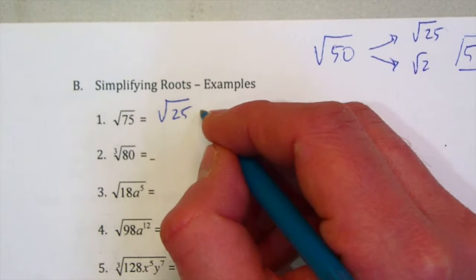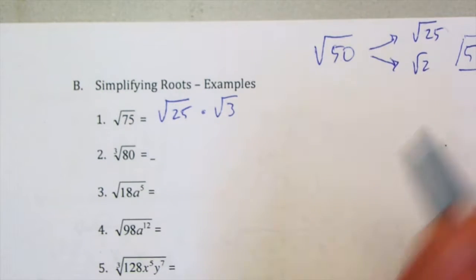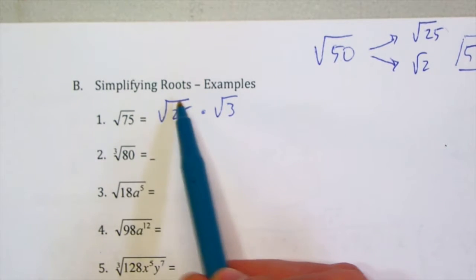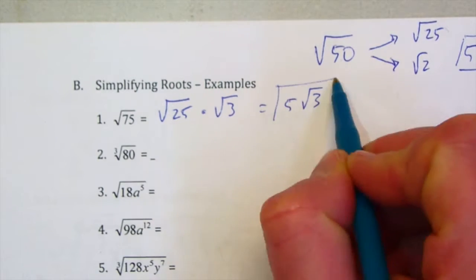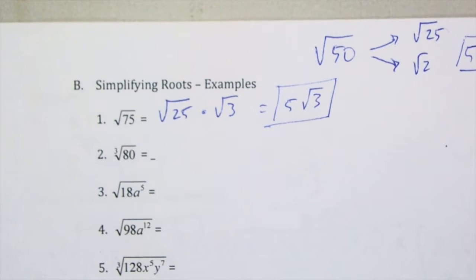The leftover piece would be a square root of 3, and if I now simplify, the square root of 25 is going to be 5, and its leftover piece is going to be 3, so 5 root 3 is going to be the final answer. All right, that's more of what we're going to be doing, but it gets a little sneaky here